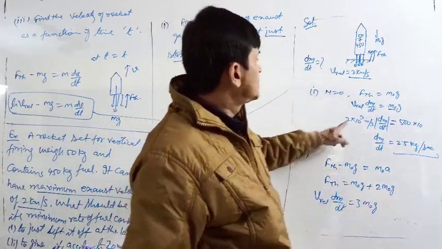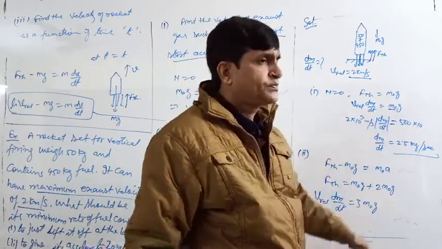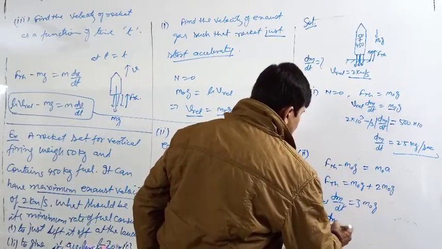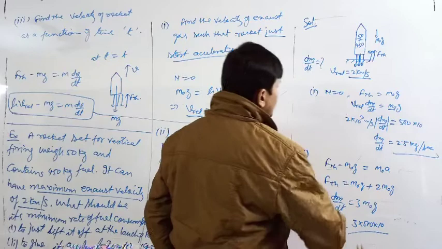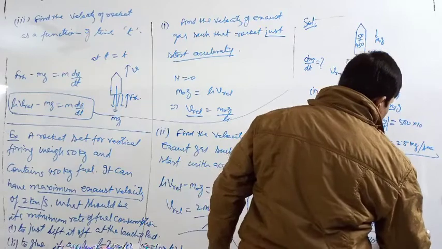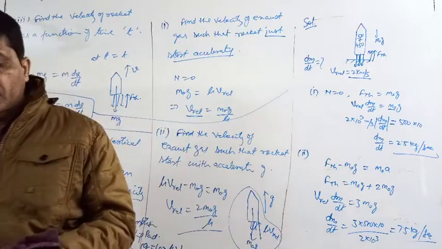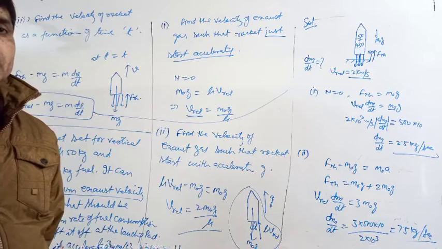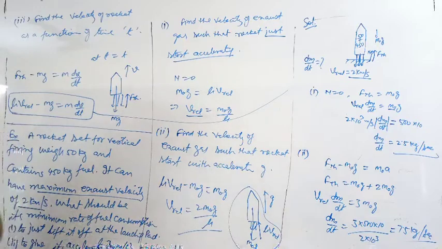Now here, same thing. This becomes 3 m naught g. So dm by dt becomes 3 times. Same. See here, dm by dt is 3 times 500 g over 10. V relative we have already found, 2 times 10 power 3. This becomes 7.5 kg per second. So the answer of the second part is 7.5 kg per second. Okay? Any doubt in this? Now come to the next one, another example.